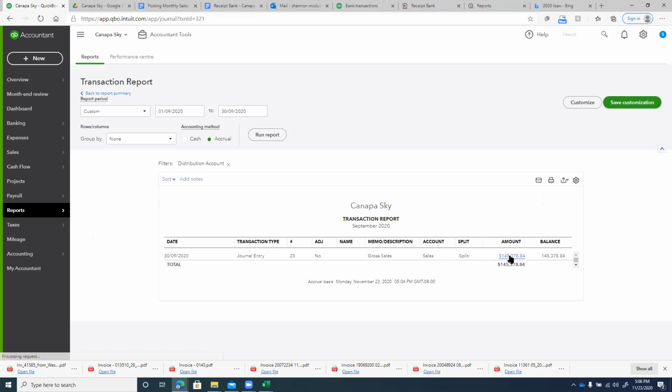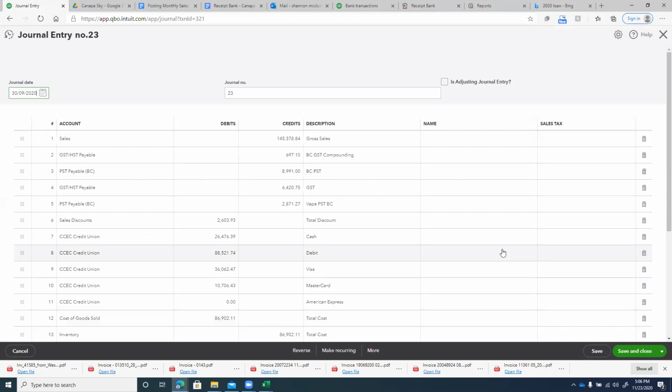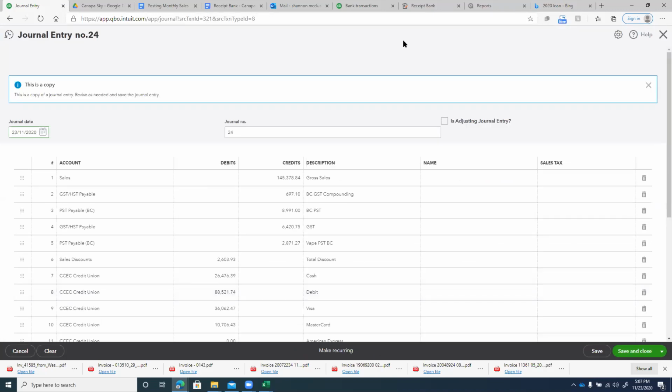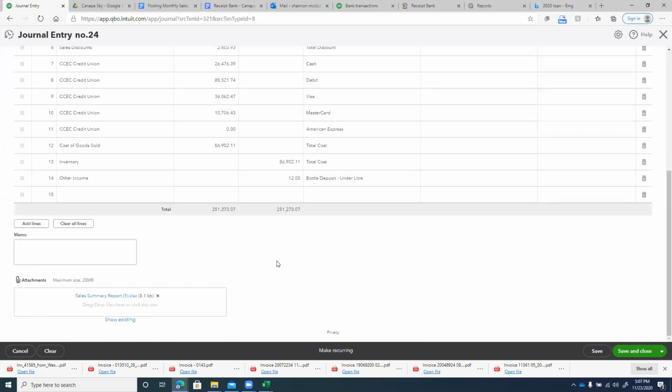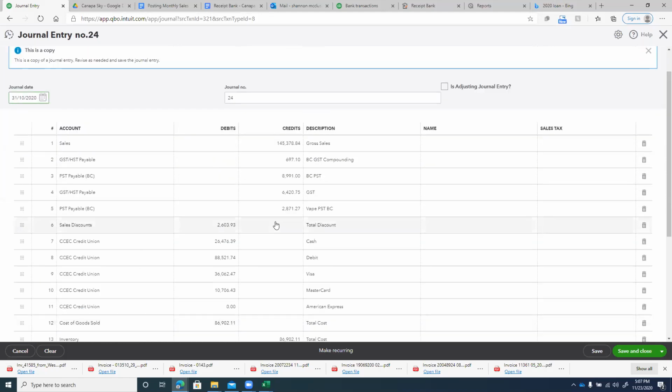I'm going to open the journal entry. Once it opens, I'm just going to come down here and copy it. I love using the copy feature. I'm going to be posting October sales, so I'm going to change the date to October. And now basically I just have to change these numbers that were September's numbers